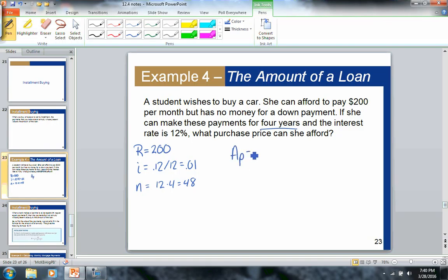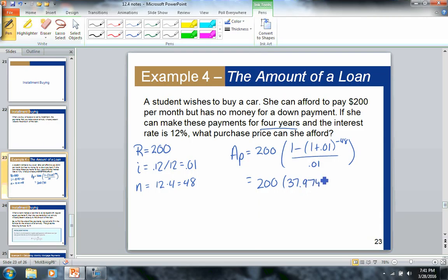So A sub P is what we're going to be finding, and 200 is our R value. And then we'll have 1 minus the 1 plus 0.01 for our interest to the negative 48 all over 0.01. Okay, so again, plug that into your calculator, simplify it all down, take the 1 plus 0.01, raise that to the negative 48th power, subtract that from 1, and then divide by the 0.01, and you should get